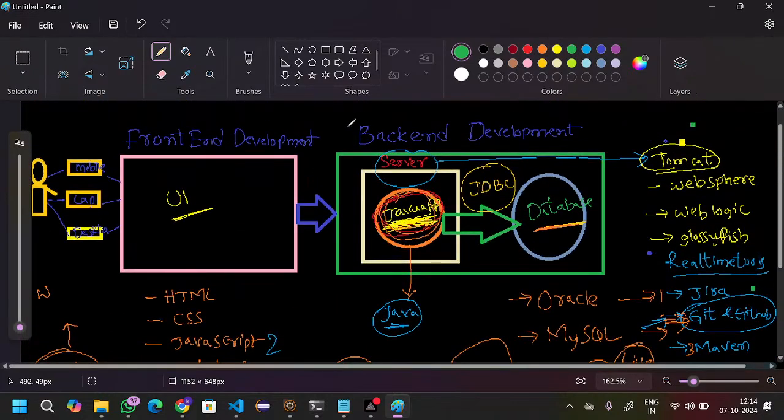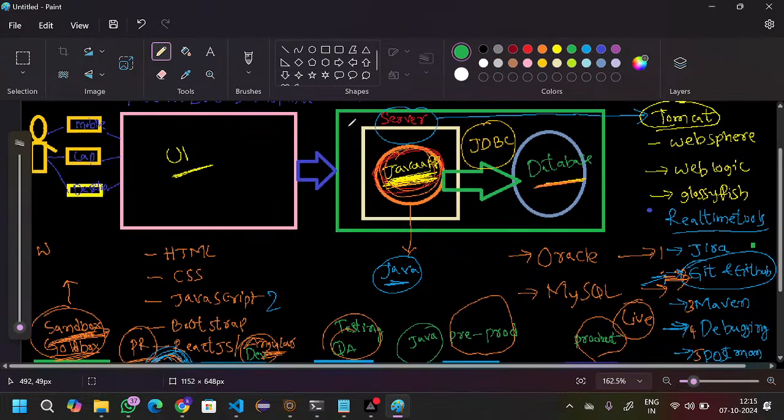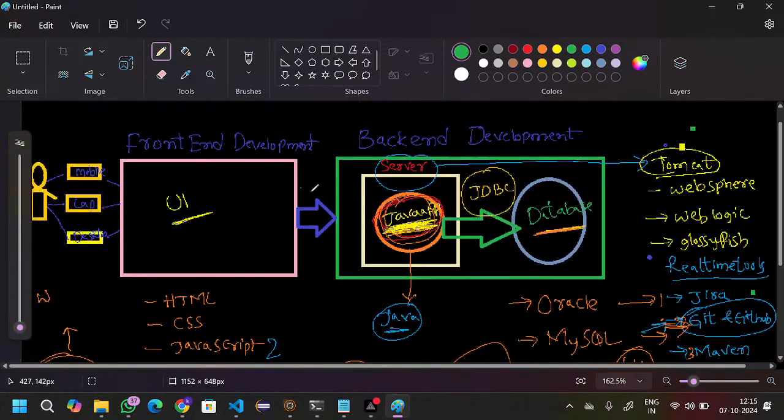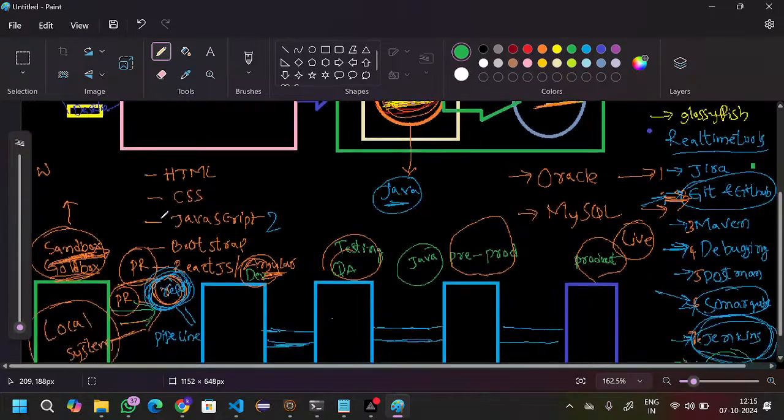So what does it mean by front end, and what does it mean by back end, and what are the technologies that come under front end development, and what are the technologies that come under back end development, and what does it mean by server, and why are we using the server, what is the necessity of the server, and where the Java application is available, and what does it mean by JDBC, and what is a database, and what are the technologies used to develop the front end environment, that is the UI, and